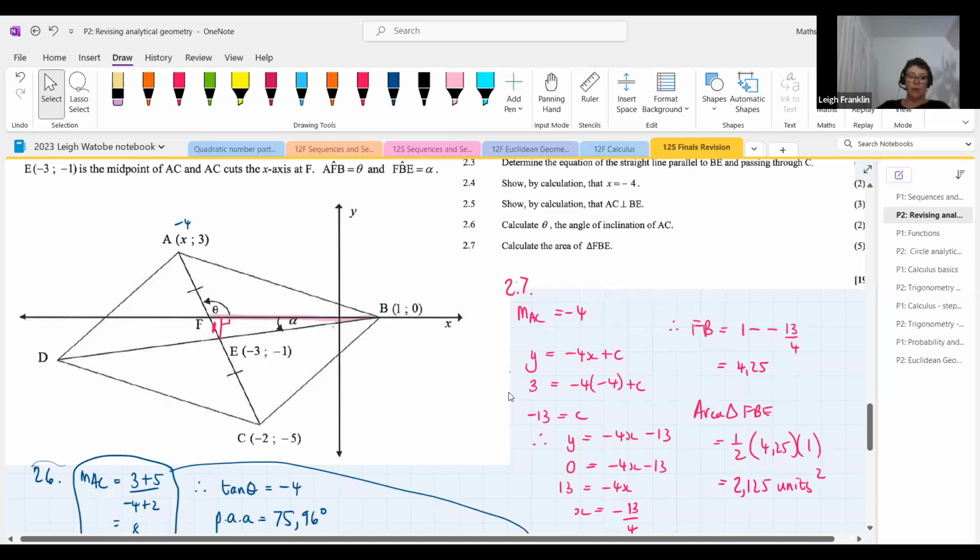Otherwise, you'd have to use the area rule, which I think trying to work out the size of angle theta and